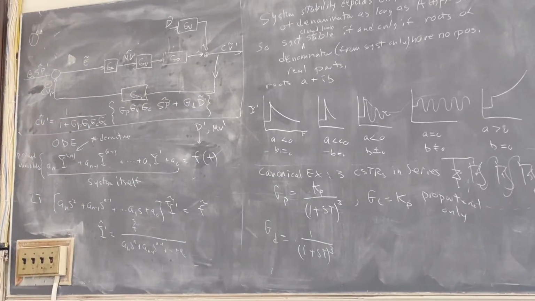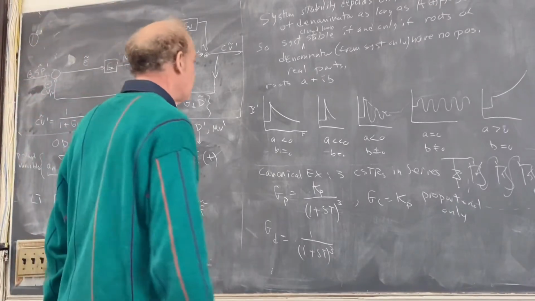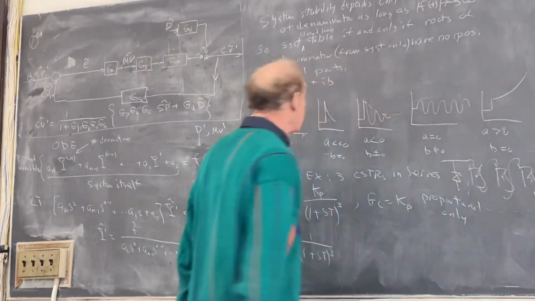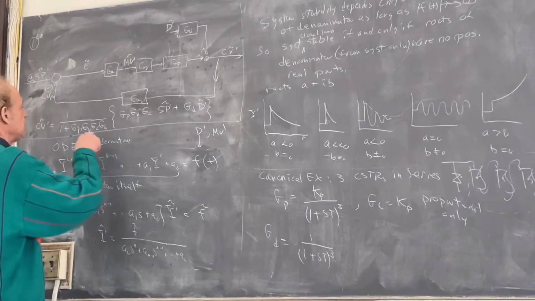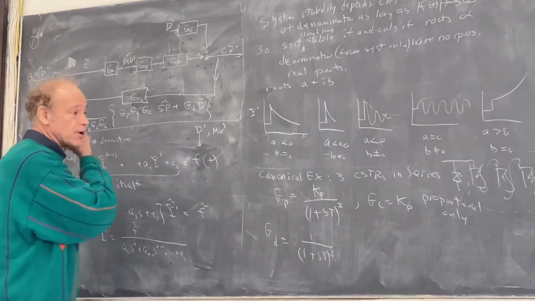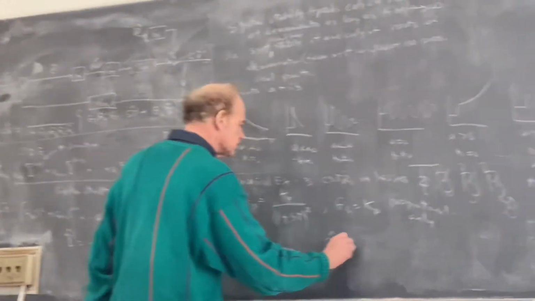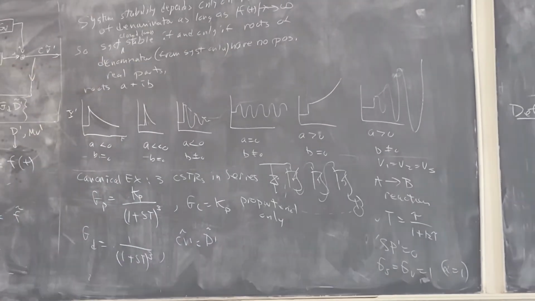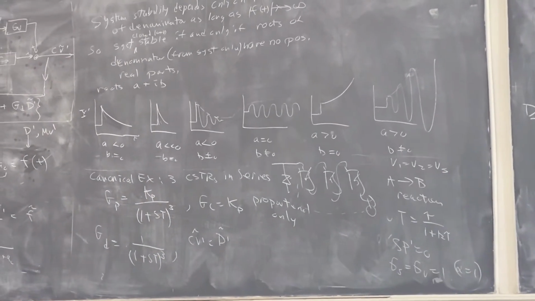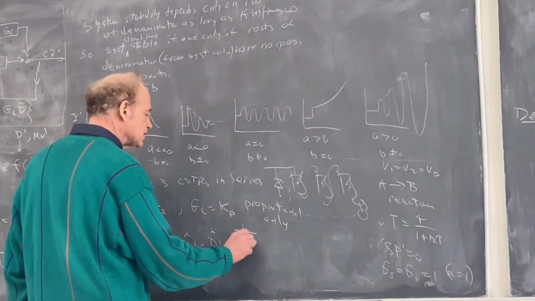This was done multiple times in previous classes. We're looking at a situation where there's no SP prime, so I'm looking at CV prime over D prime. CV prime tilde is equal to D prime tilde times something. Let's look at what it's times. I've got a GD in the numerator, which is 1 over 1 plus S tau cubed,